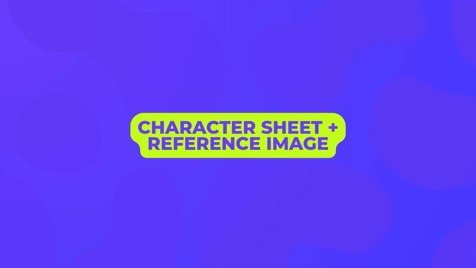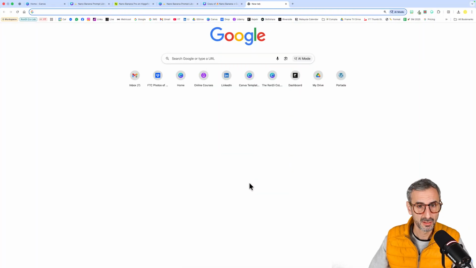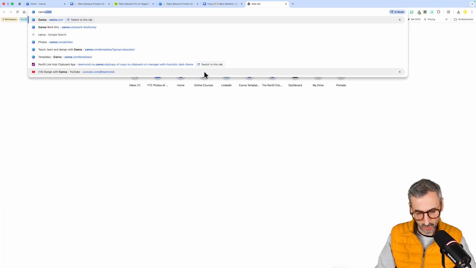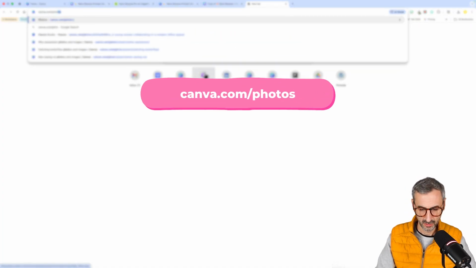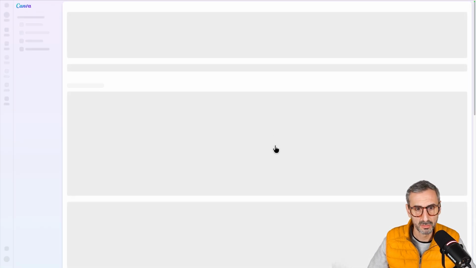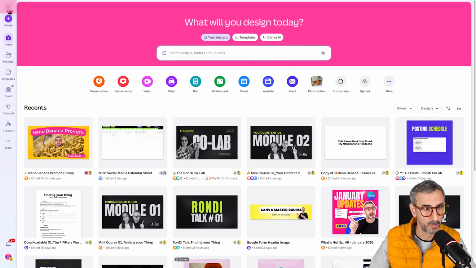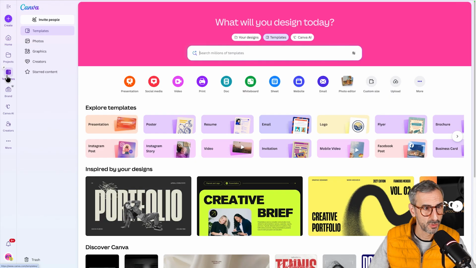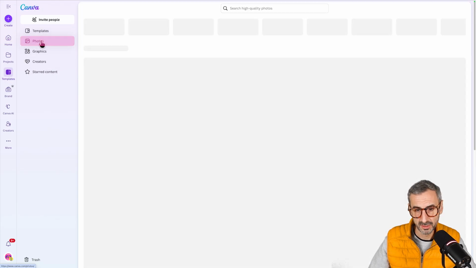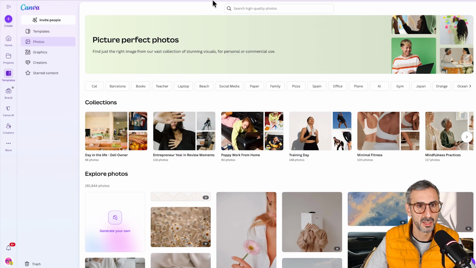Now, let me get into a second method that I actually prefer when it comes to generating images of myself in specific situations and expressions with Nano Banana Pro. That method consists of starting with Canva. Okay, so I'm gonna open a new Canva window right here, and I'm gonna go straight to the photo library, canva.com/photos. And you can also get here, I guess, from the Canva homepage. Just open this menu, then click on templates, and from templates, go to photos. This is the same thing as typing in your URL bar,